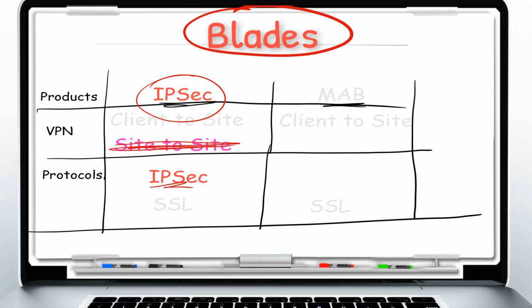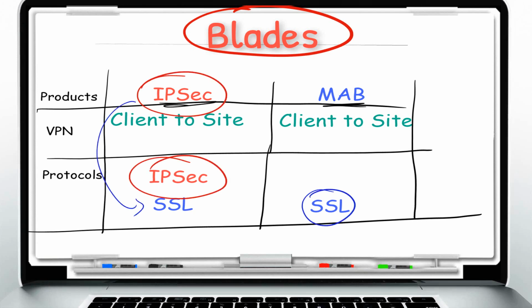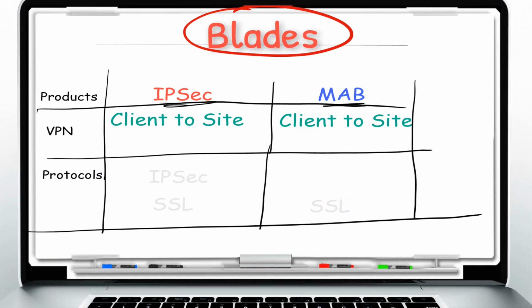We will continue to focus only on client-to-site remote access VPNs, which can use either IPSEC VPN protocols or SSL protocols, or use the IPSEC VPN blade or the Mobile Access blade. And so if you need site-to-site VPNs, you don't need to continue watching this video any longer. On the other hand, if you do need client-to-site VPNs, then we're right back to the first question, which is,